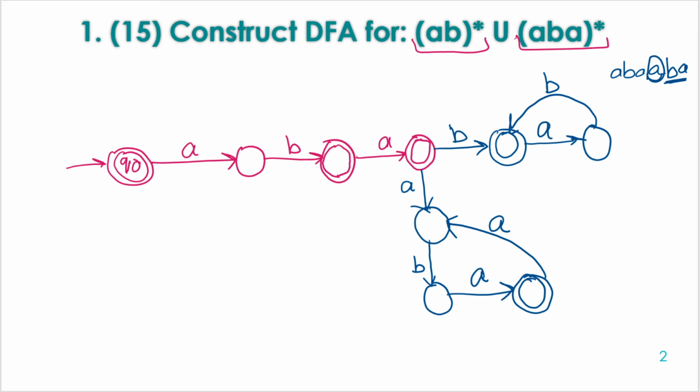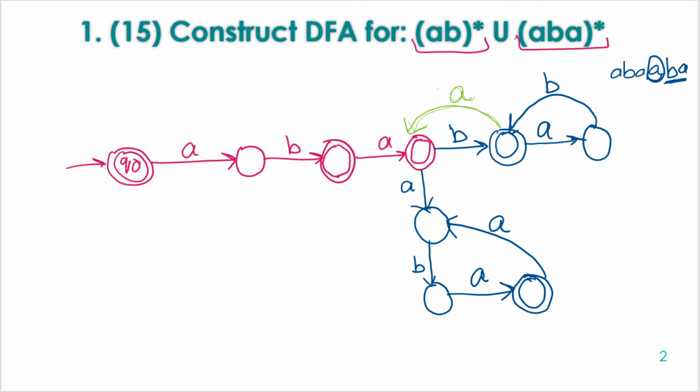The rest of the symbols will go to the dead state only, because we have no option for any other symbol according to these given patterns. Now some students must be thinking that we can have this transition on B, from B. Why have we not moved to this state for this A?